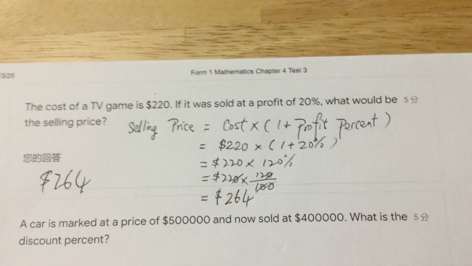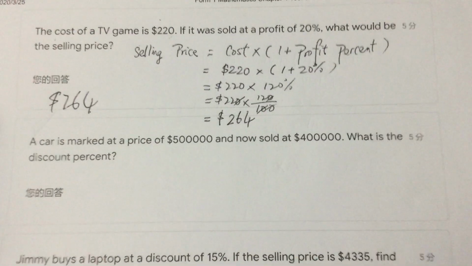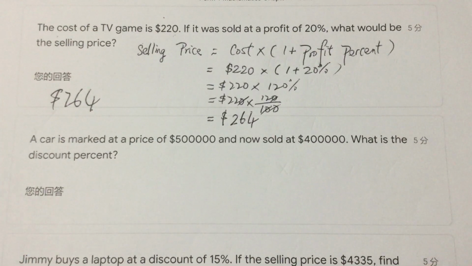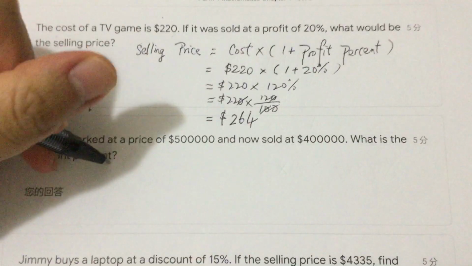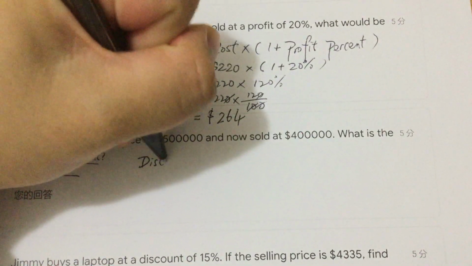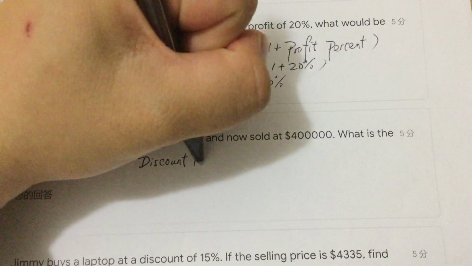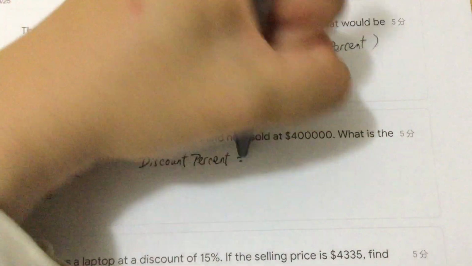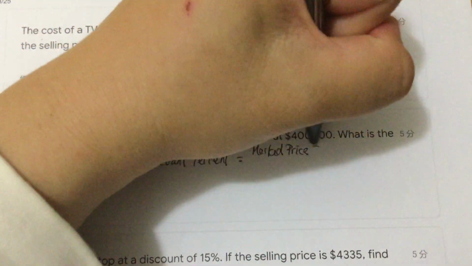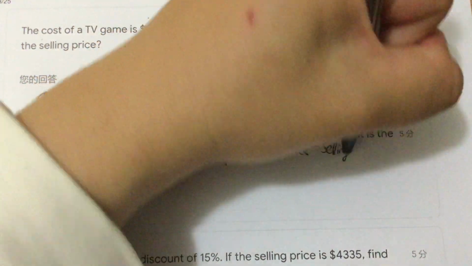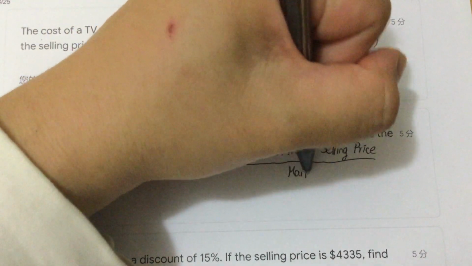And then we will go to question 9. Once again, which formula are you going to use? Obviously discount percent, so we use the discount formula. The discount percent formula is the mark price minus selling price over mark price